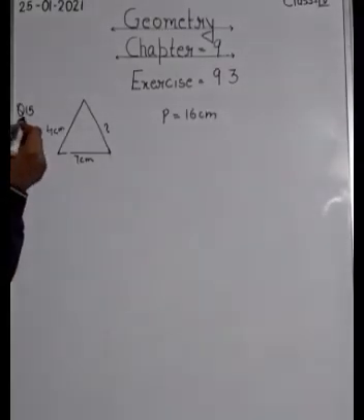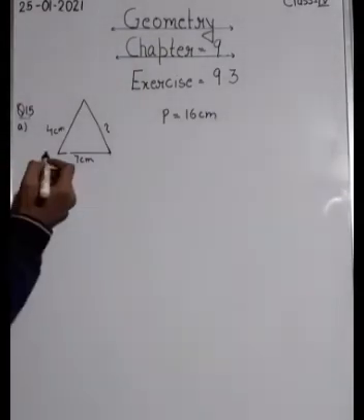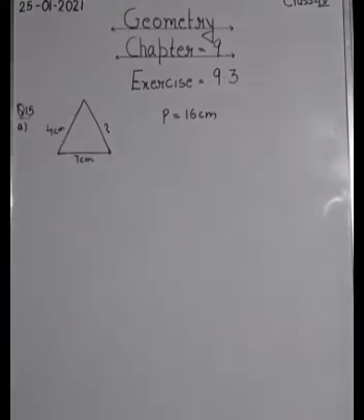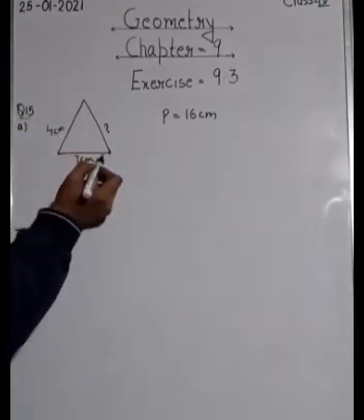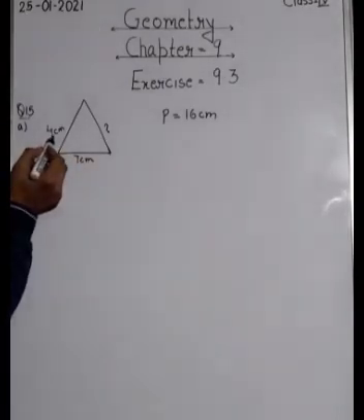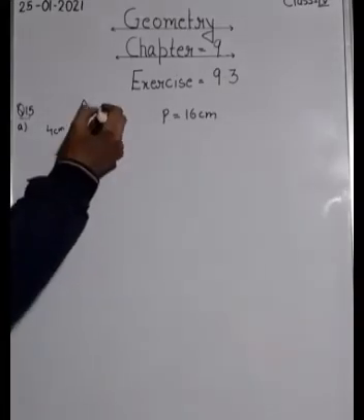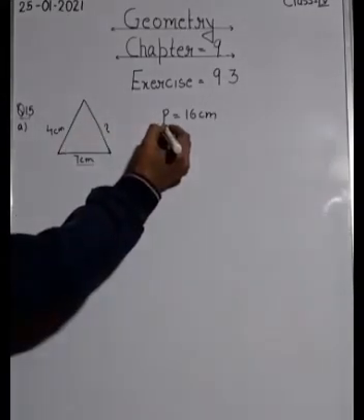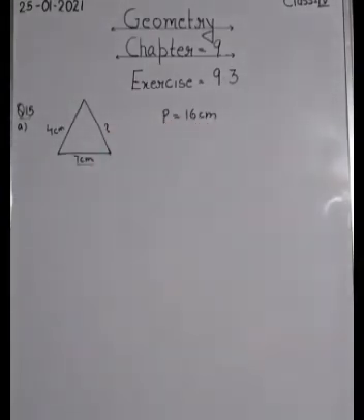Next, we are doing your question number 15. I have not written the question. You can see the question from your book. Now, what is the question? That they have given you some figures and you have to find the missing value. So, here what they have drawn? They have drawn a triangle and they have given the value of two sides. That one is 4 centimeter, another one is 7 centimeter, and you have to find the third side. What else they have given? They have given you the perimeter of a triangle is equals to 16 centimeter.